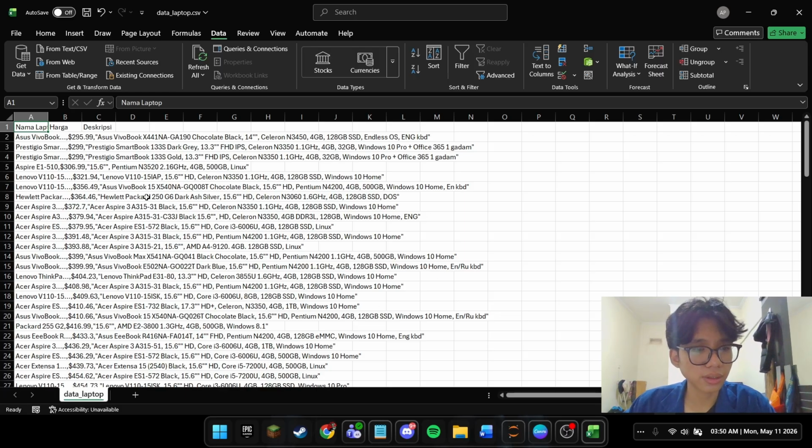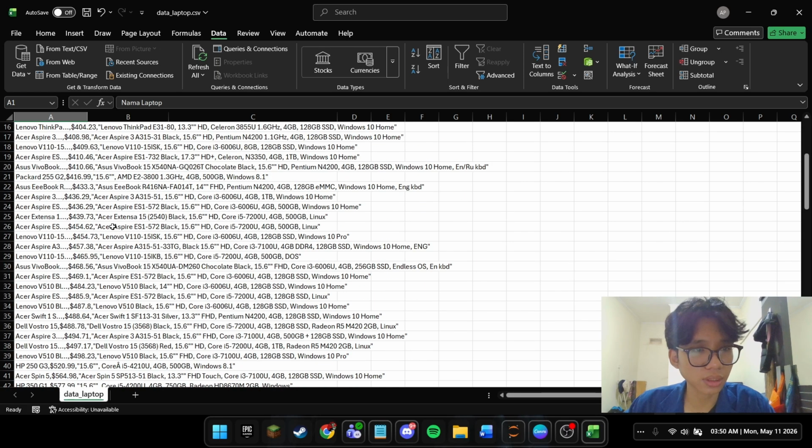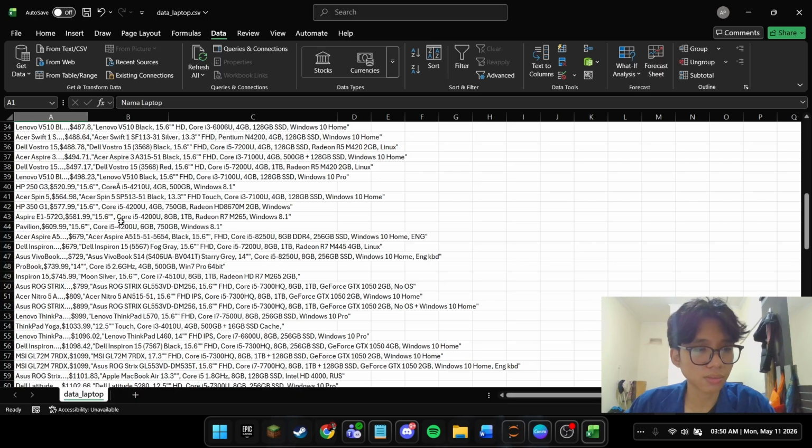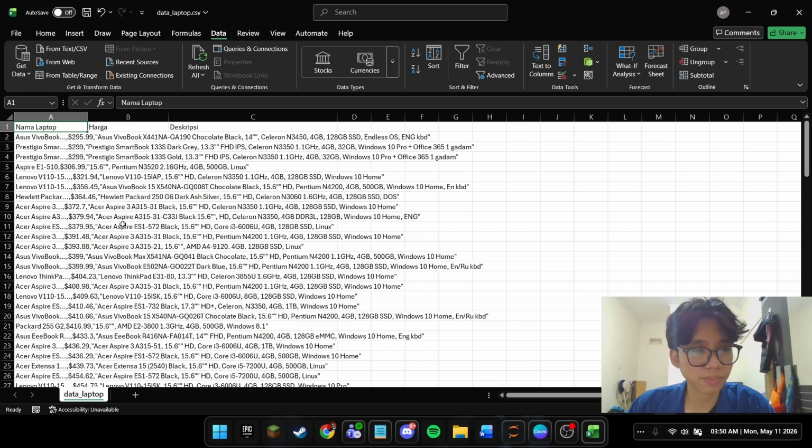The data is neatly arranged in 3 columns. The full 117 laptop records are visible, complete with processor, specs, RAM, storage, and operating system details for each product.